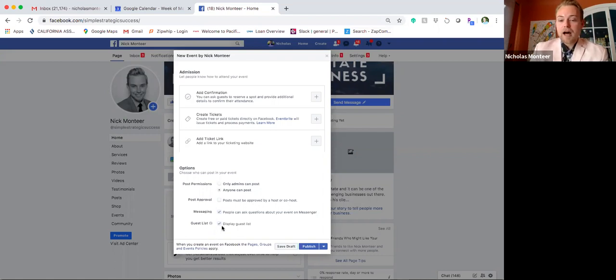Guest list. I do not like to display the guest list, and I'll tell you why. Because a lot of times agents or people in general, when they're going to an event, the biggest question is, well, who else is going? Who else is going? Who else is going? If they know that other people are going, or they see somebody on that list that they maybe don't like or whatnot, or maybe they see that nobody's signed up for your event and then they don't want to go either, I would suggest leaving it so that they can't see the guest list,